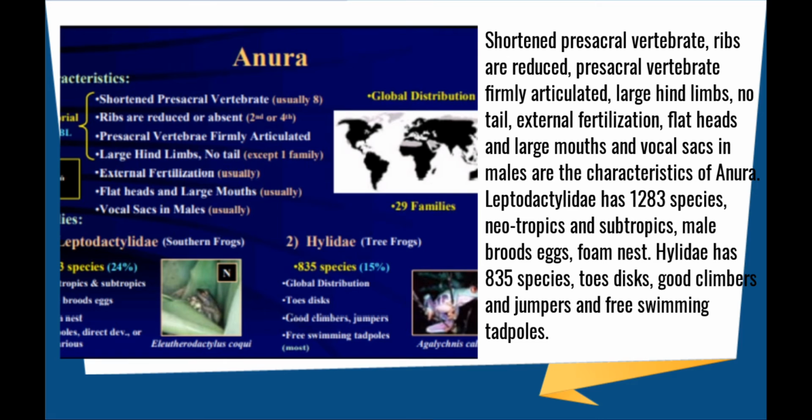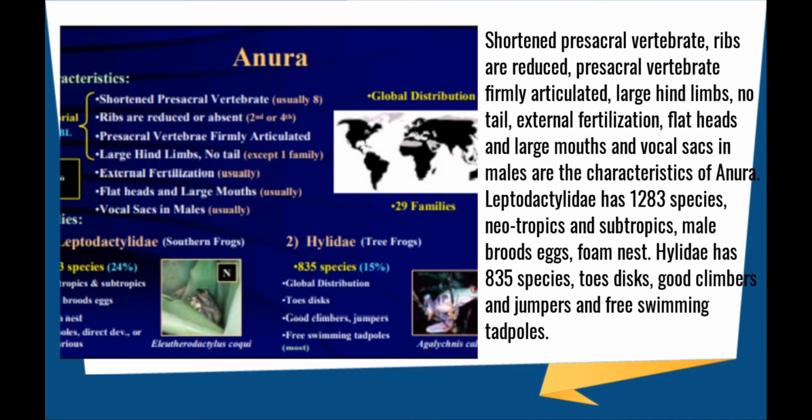So here are the characteristics of species that belong to order Anura. They have shortened presacral vertebrae. Their ribs are reduced and presacral vertebrae firmly articulated. Large hind limbs and no tail. External fertilization, flat heads, large mouths, and vocal sacs in males. The Leptodactylidae has 1,283 species,